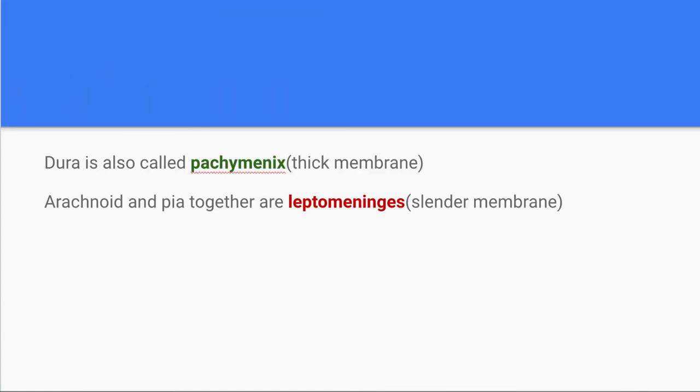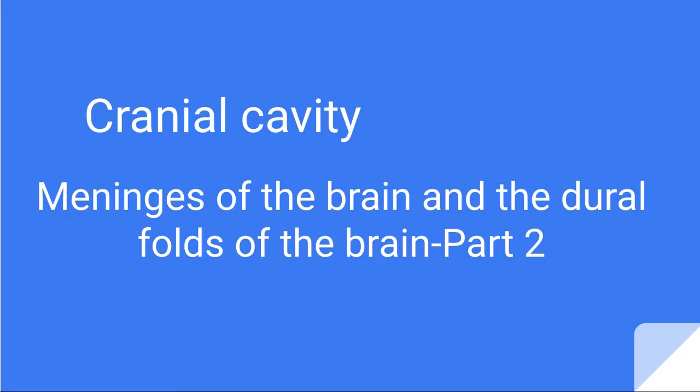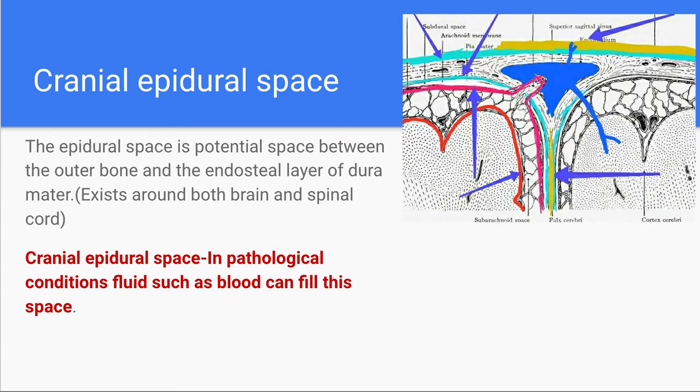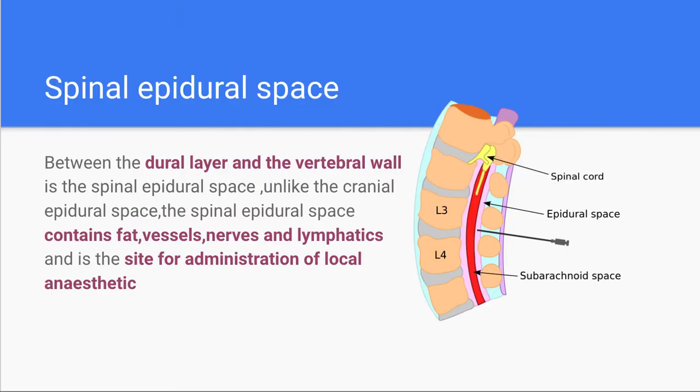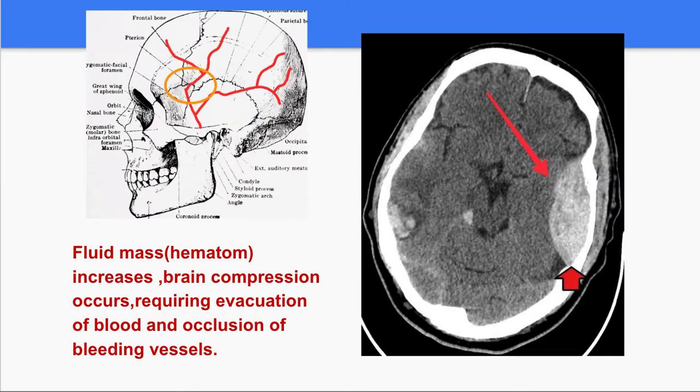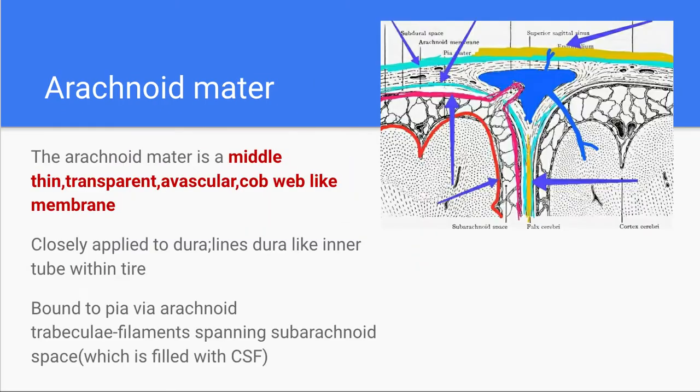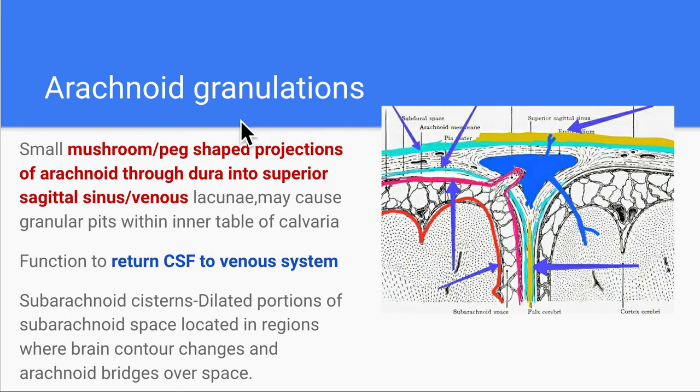So let's just quickly summarize what we have studied. We have studied about the cranial epidural space, which is a potential space. In case of an epidural hematoma, there is collection of blood between the dura mater and the calvaria, most commonly from the middle meningeal artery at the site of the pterion. We saw about the spinal epidural space. We saw about the arachnoid mater, which is a cobweb-like membrane. We saw about the arachnoid granulations and a bit about the subarachnoid space and how CSF is returned to the